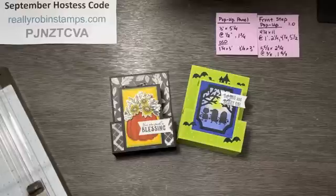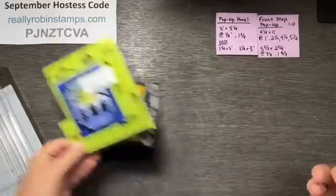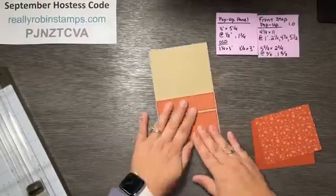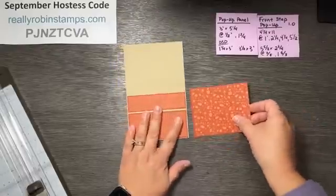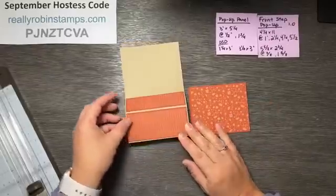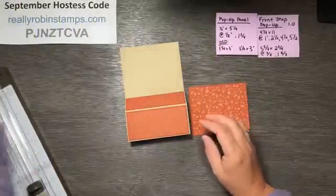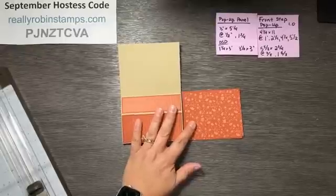So I've already put together the step part, and I did it with crumb cake. I did it exactly the same. And I just wanted to show you that you can add an extra layer. There's plenty of room when you cut this designer series paper to add a layer of cardstock. And so when you do that,